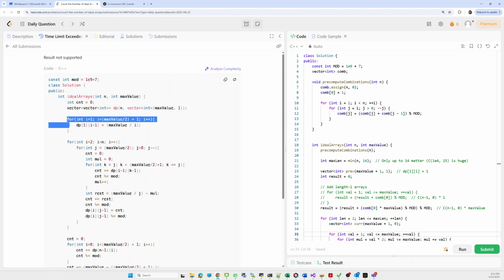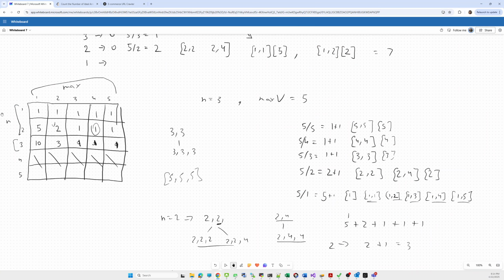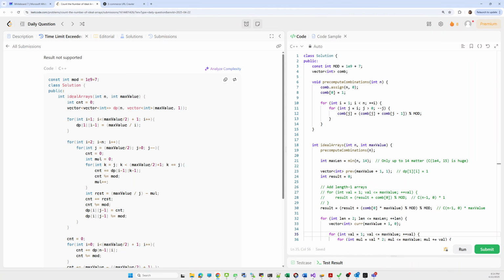Now for the second row, the first row will be this one, and now I am talking about this second row. How can I update this row? I iterate from i equal to 1 to the max value.